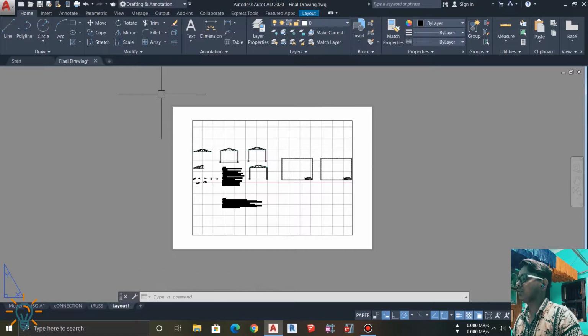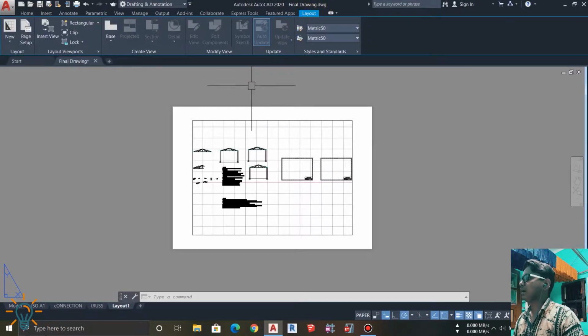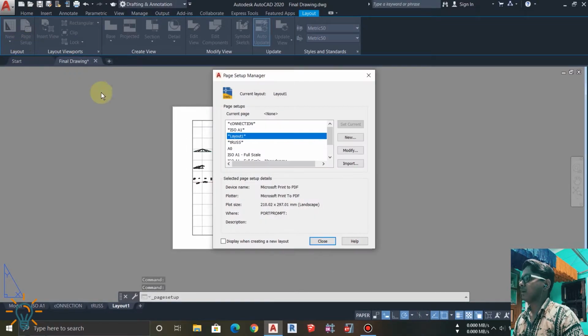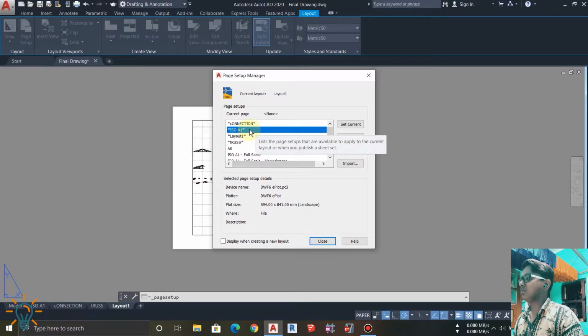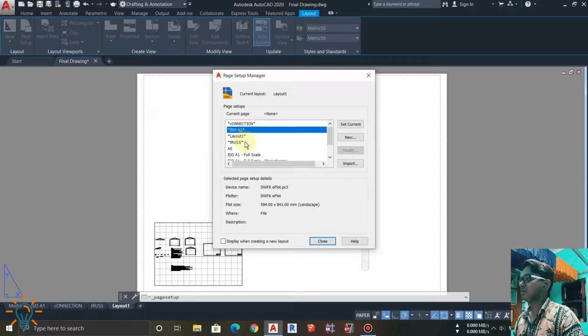So first I will change the page size. For the truss only I can use A1 size of paper. So first go to the layout tab, and now I will set my page size. To do that, just go to page setup, and from here you can see you have ISO A1. So you can just double click on this to make it A1 size paper, or